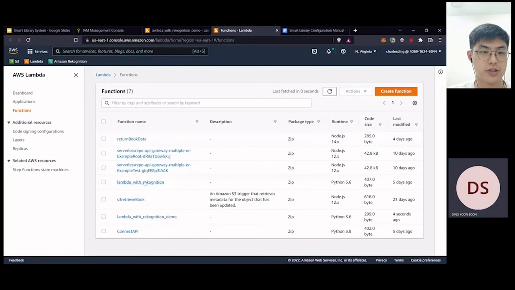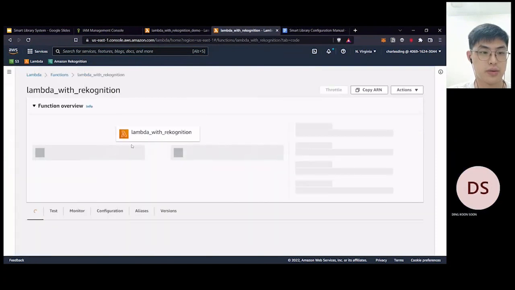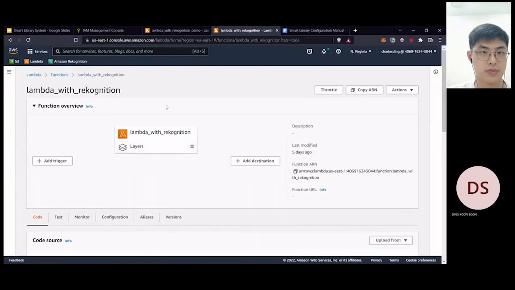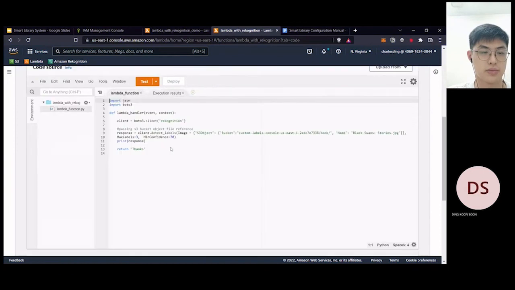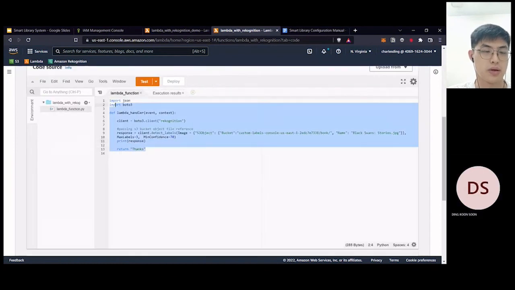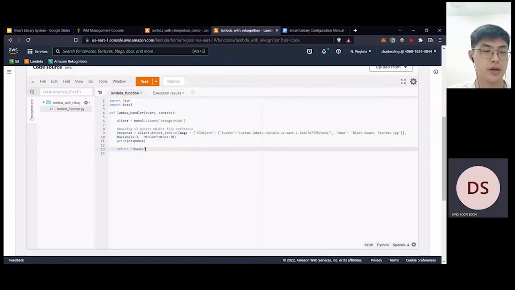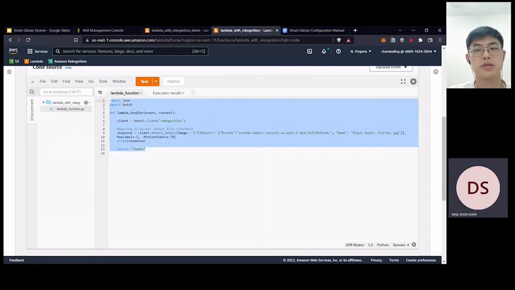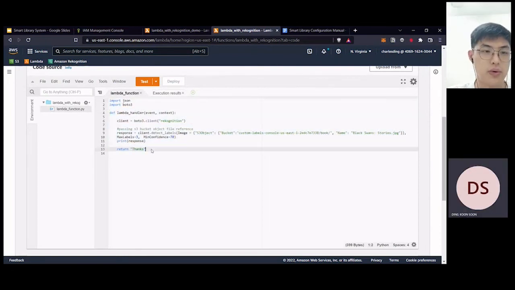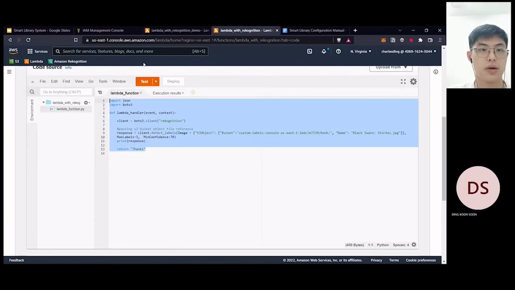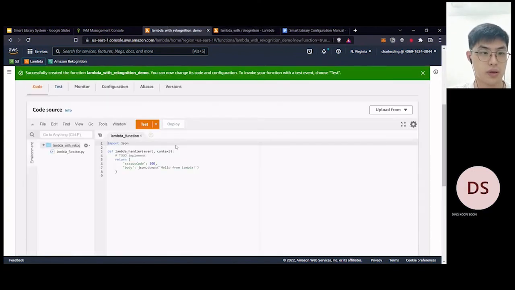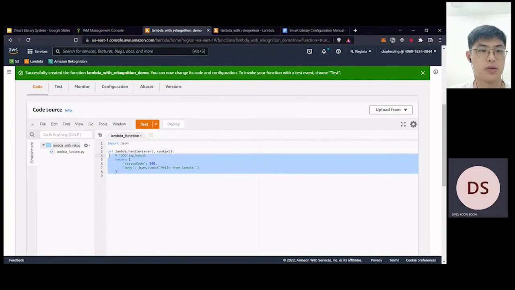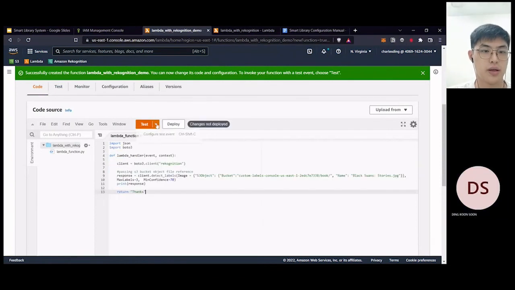So after creating the function, we'll write the code like this. Here, code, and create the test.